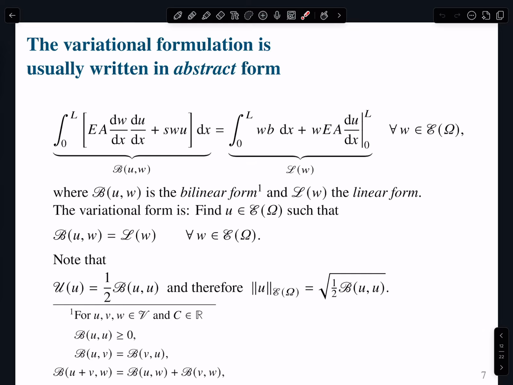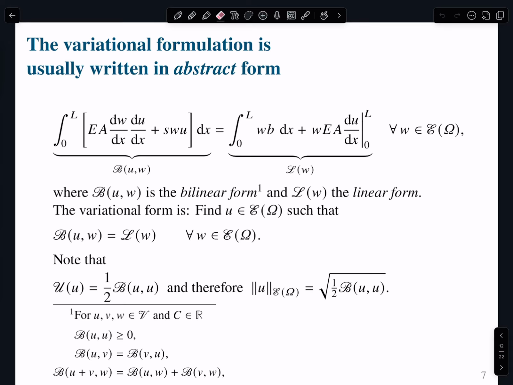So keeping these things in mind, what we have done so far is essentially transform the problem from something that guarantees point-wise equilibrium in the bar to a point where we assume that we're going to have equilibrium on average. And this is not important now because, again, remember that we are still living in an infinite dimensional space. So this statement of equilibrium is equivalent to the strong form. You can go back and forth between the two. And in many finite element books, they do so. They prove this with a theorem, right?